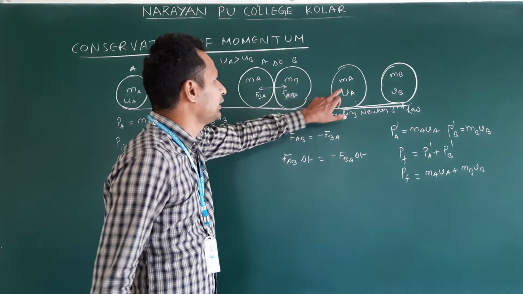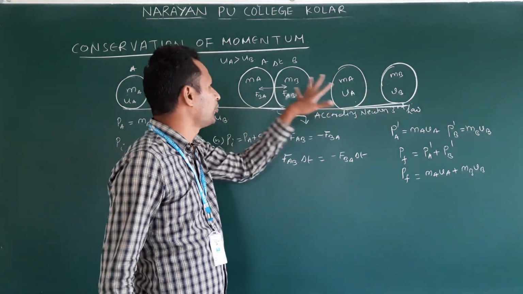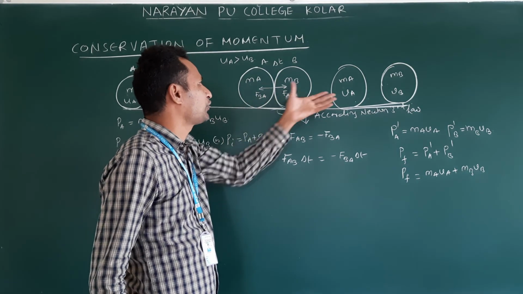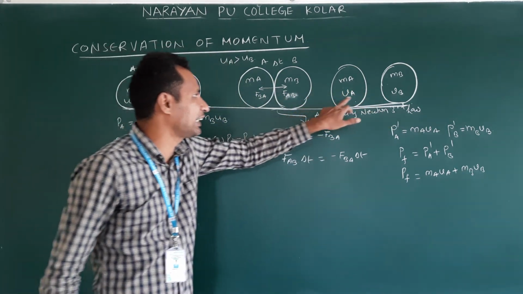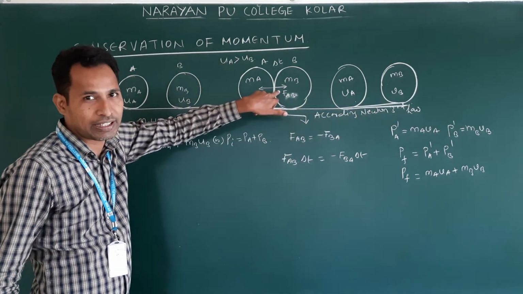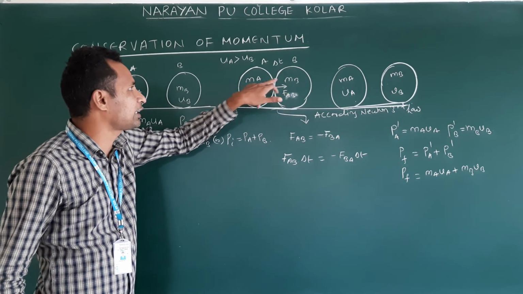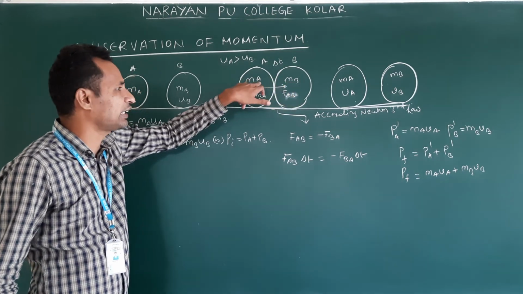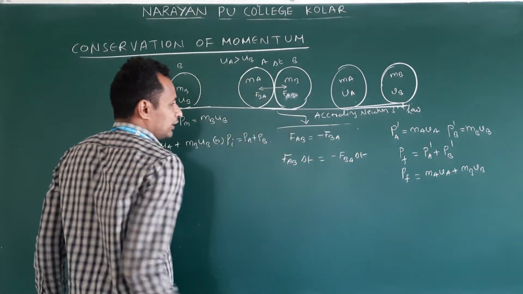After impact, masses do not change. There is a change in velocity, compulsorily. Velocity will change. The changed velocities I have taken as VA, VB. Why do velocities change? Because here they have an impact. One applies force on the other: A applies force on B, B applies force on A. So here I take Newton's third law, right?